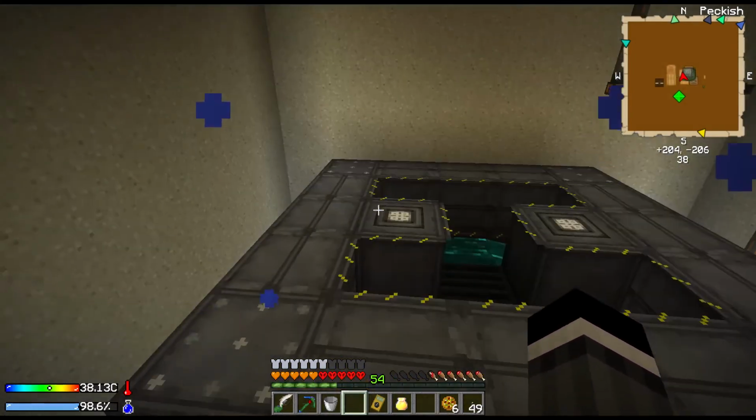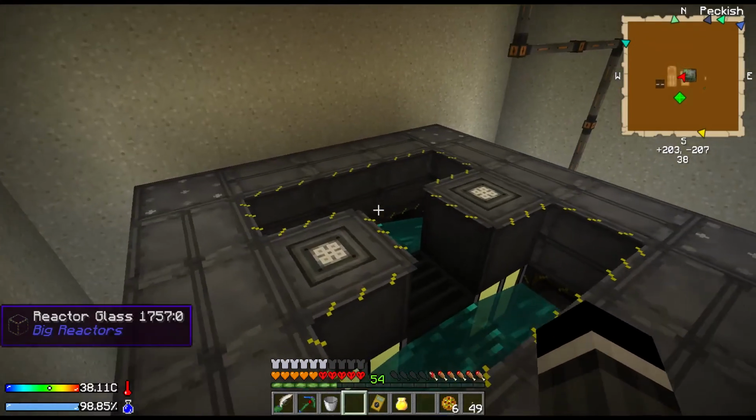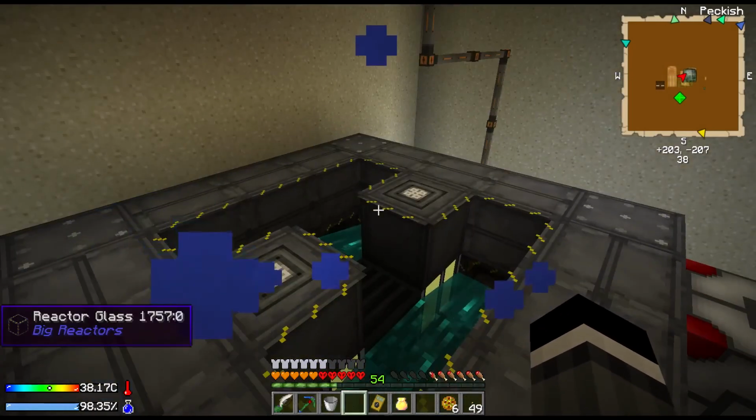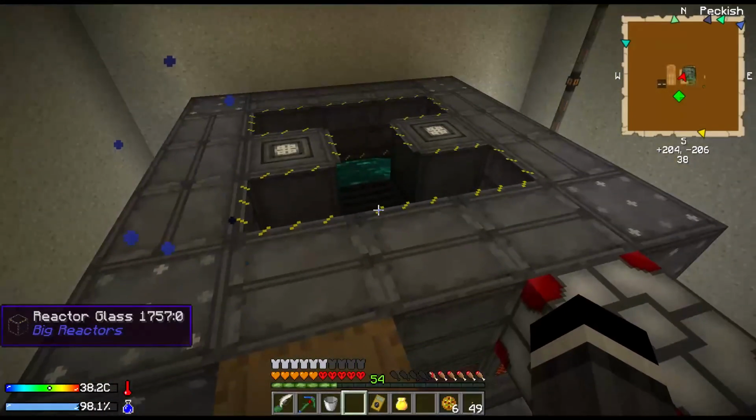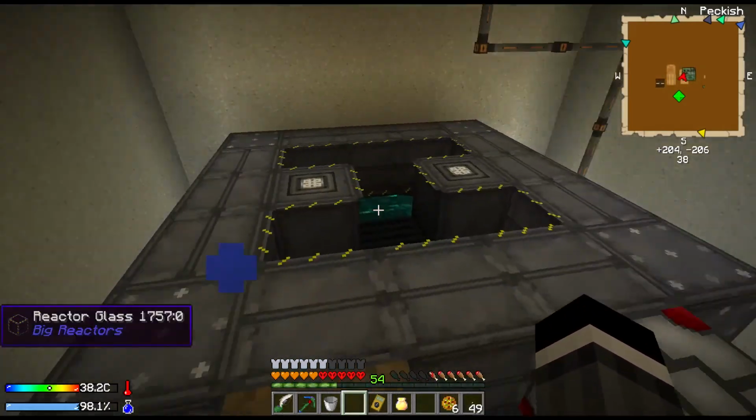You can make it 2 high instead of 1 high, and that doubles your power, and it makes it a bit more efficient because your reactivity goes up. I mean, it's a limit of how much materials you have, how much power you need. You know, you can make this 7 high and 7 wide and put a whole bunch of control rods in it,